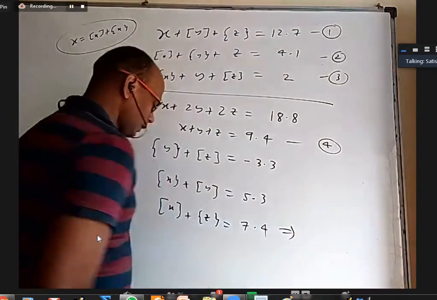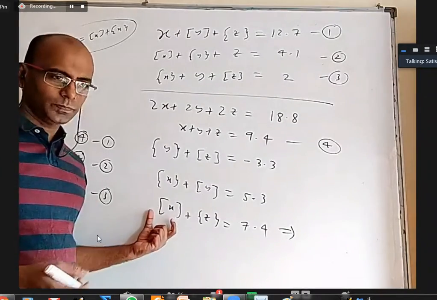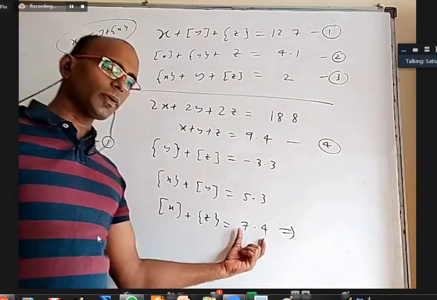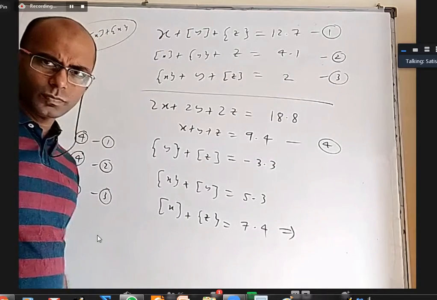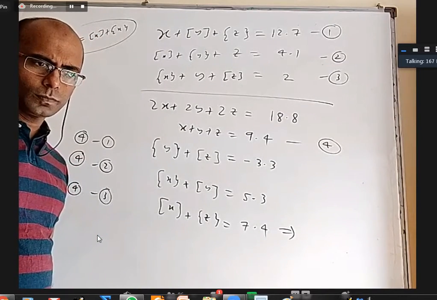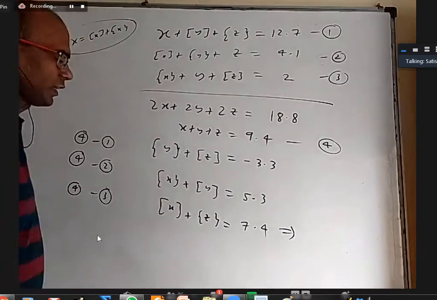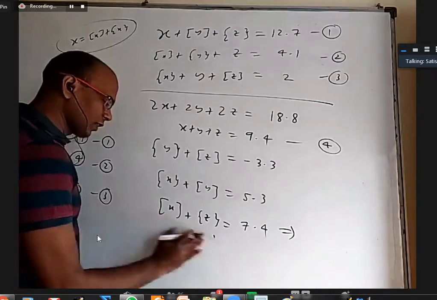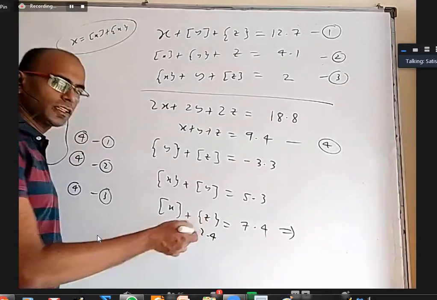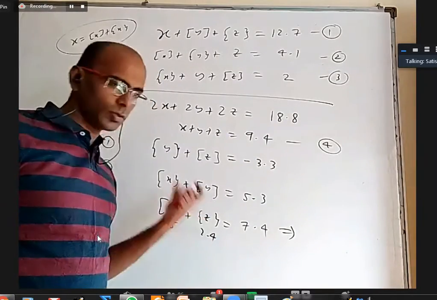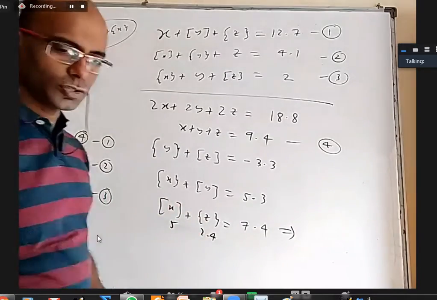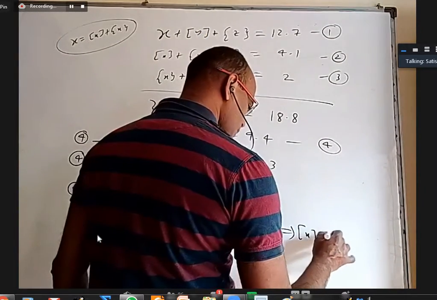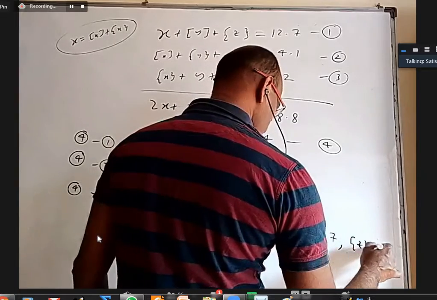Now this is integer part, which means it is an integer. This is fractional part, which means it is always closed 0 to open 1. So out of the 7.4, this is how much, this is how much? 7 and 0.4, it has to be. I cannot take 7.2 here, because integer part of x has to be an integer. I cannot take 5 here and 2.4 here because fractional part cannot be 2.4. It is only a decimal between 0 and 1, and this is only an integer. So obviously this should be 7 and this should be 0.4. So from this we can conclude two things: integer part of x must be 7, and fractional part of z must be 0.4.